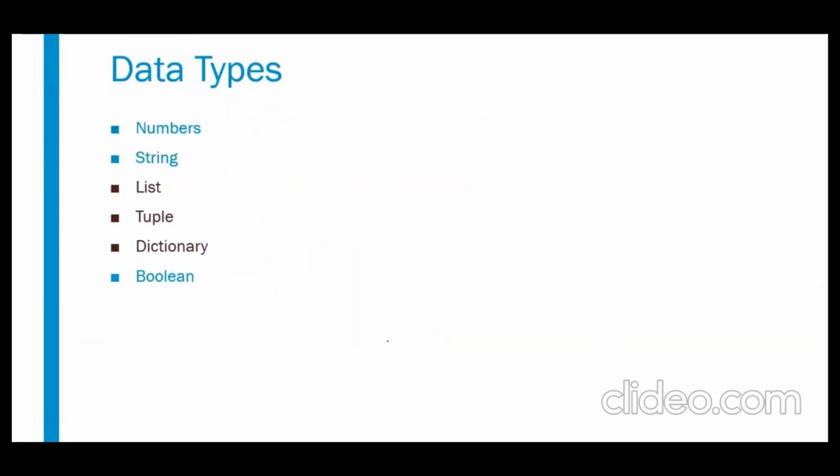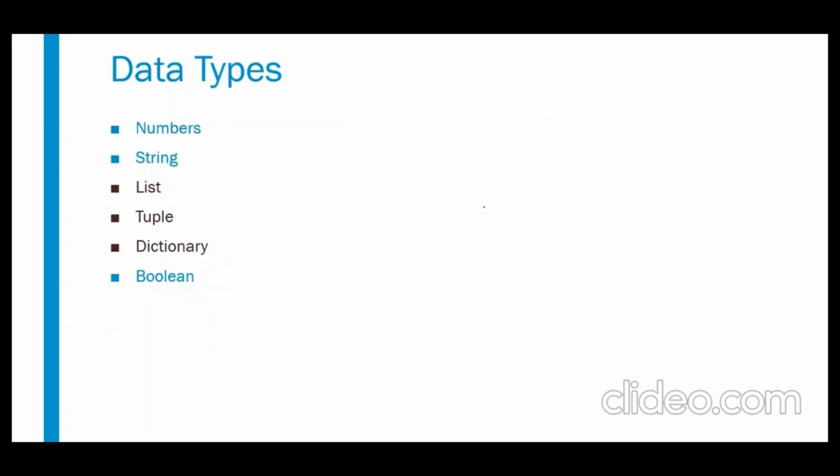Now let's move on to the next topic, data types. Normally in Python there are multiple data types. We have number type, string type, list type, tuple, dictionary and boolean type. But we don't need to specify any specific data type. Based on the data, the variable will be treated as a number or string or list, tuple, dictionary or boolean. In this video I'm just talking about numbers, strings and boolean, and the rest of them we will talk about in the next videos. Now let us start with these data types.